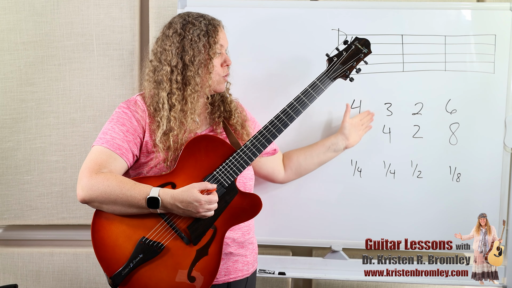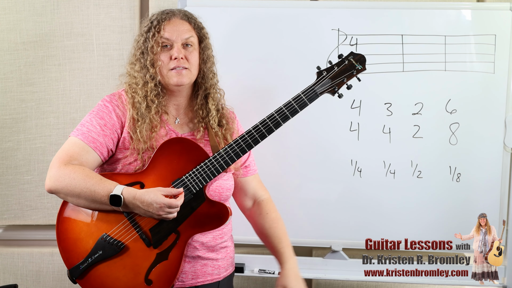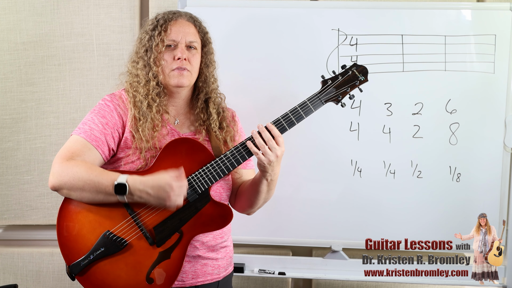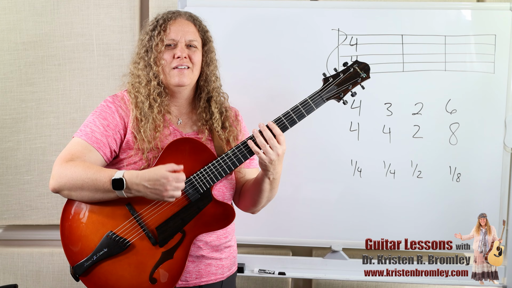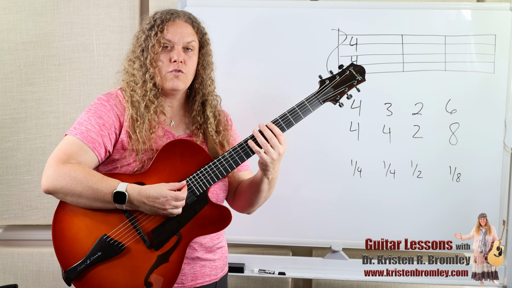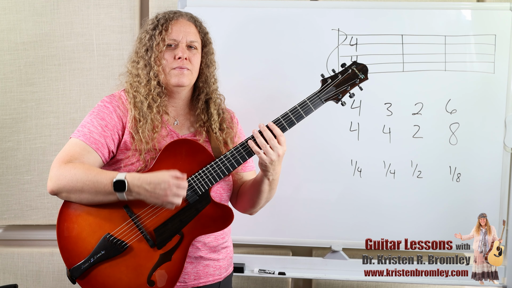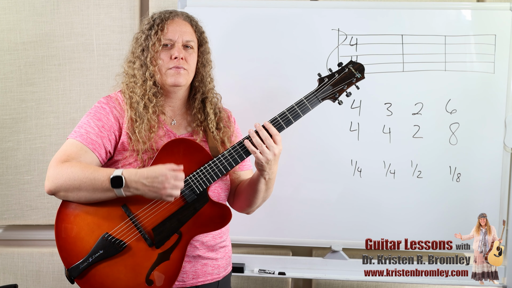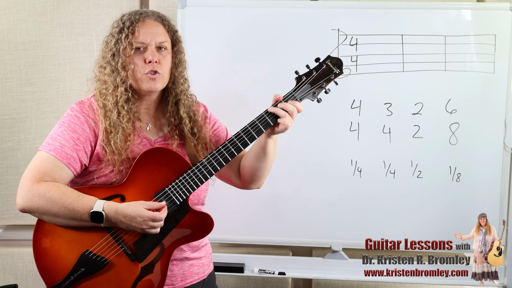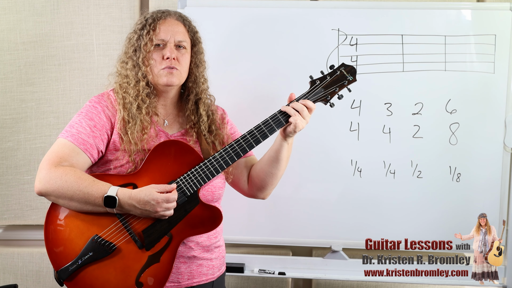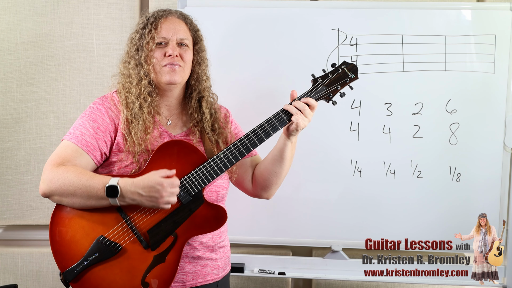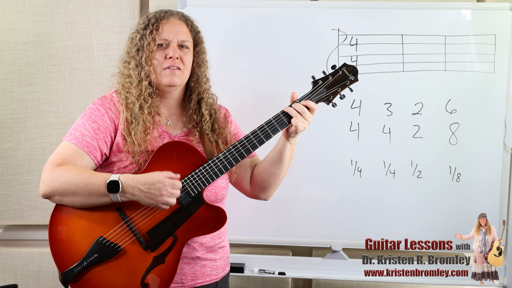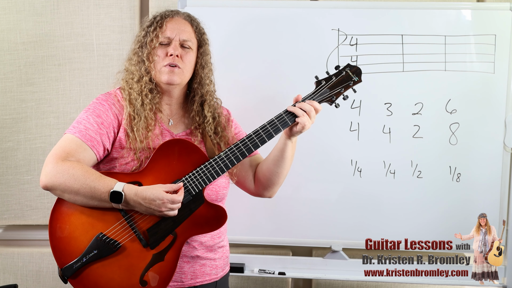Now, if I only have 3 quarter notes per bar and that first one is accented, instead it's going to sound like 1, 2, 3. So hopefully you can hear a difference. I'll do 4/4. I'll do 3/4. If I were to demonstrate that with a chord, you'd have 1, 2, ready, and. If I do 3/4,